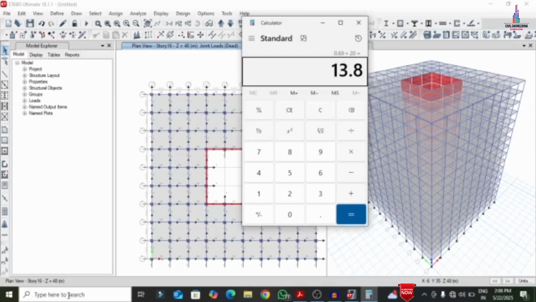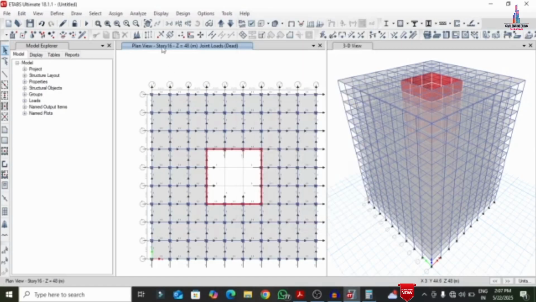In the same process I am selecting 0.125 as the thickness of the internal wall and I am considering 3 meter height. I am taking 20 so that it will make it as 7.5. Again for the parapet wall I am selecting 0.125 as the thickness. I am multiplying this respected value with 1.2 meter. I am multiplying this value with 20 so that it will make it as 3. 3 plus 7.5 plus 13.8 so that it will make it as 24.3 kilonewton per meter is the wall load we need to apply